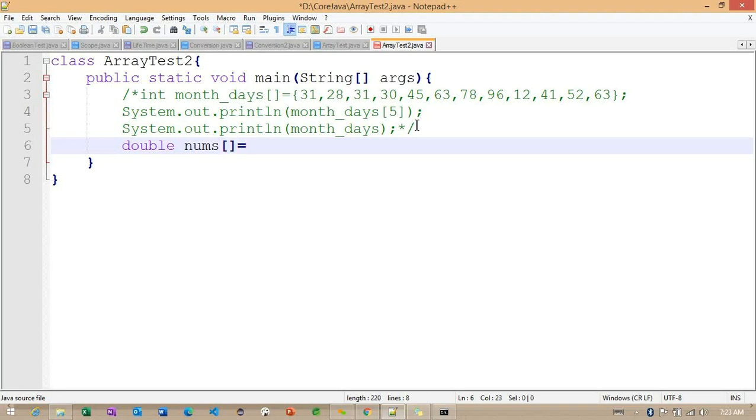Now internally I'm trying to create this double data type value: 10.1, 20.2, 30.3, 40.4, something 60.6. So these are the values we are having. The only difference here is based on this particular data type,